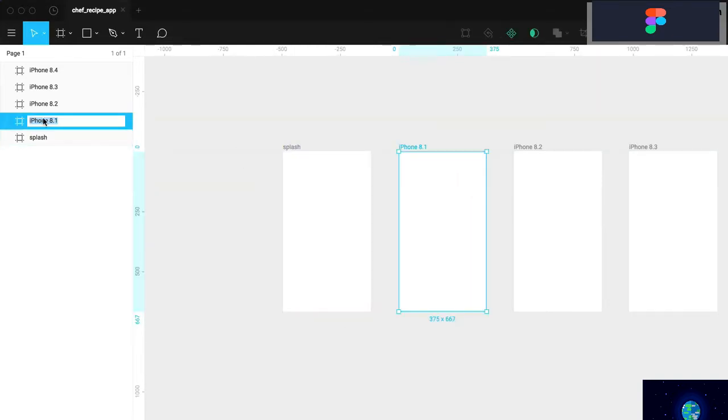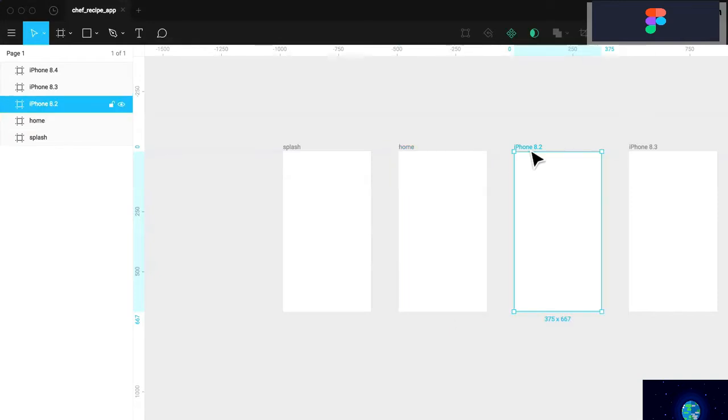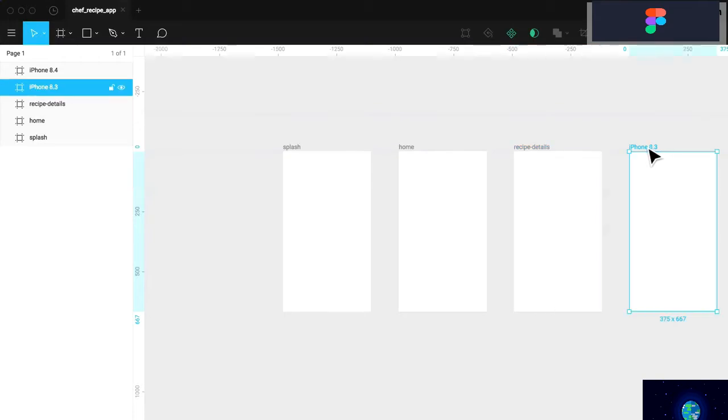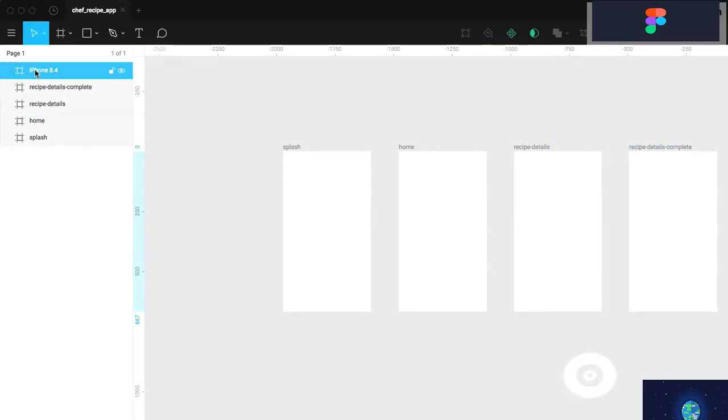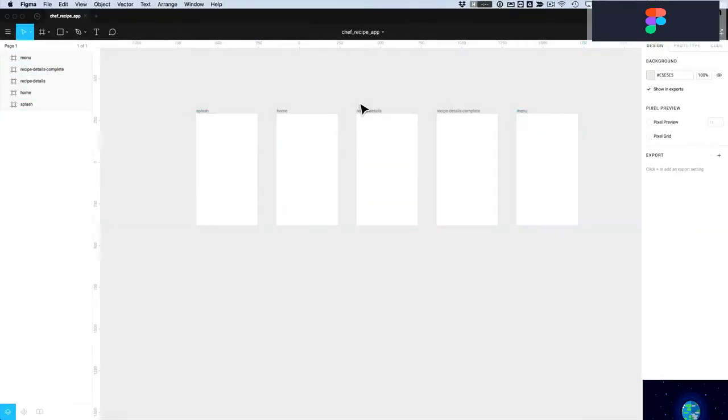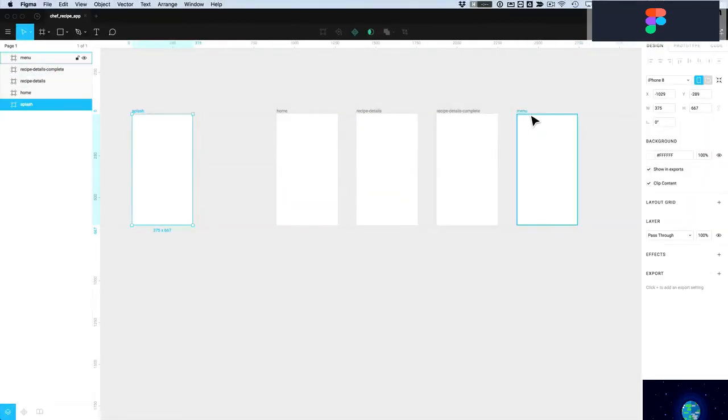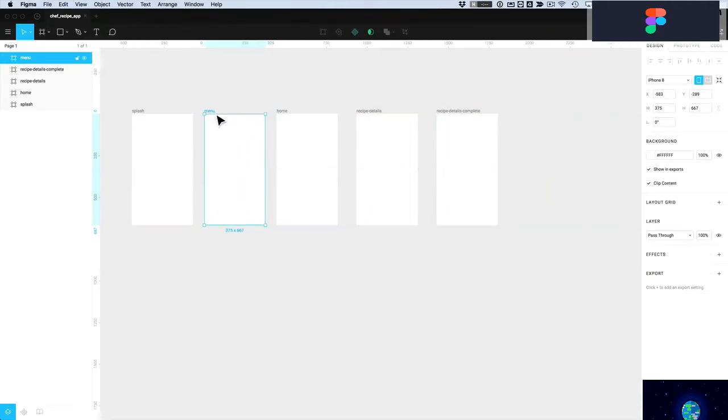Second one is home. Third is recipe. And I'll just name this recipe details. And this will be recipe details complete. And the last one here we'll name menu. So we have our 5 artboards, and you can drag these around very easily to reorder or reorganize them as